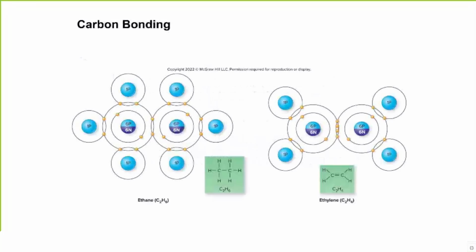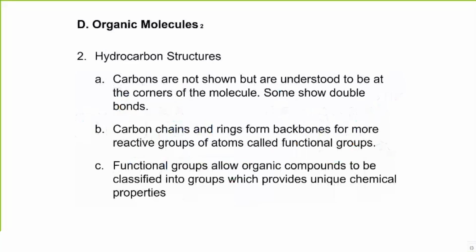Okay, so this is just an example of ethane and ethylene. Right? These are all built from a carbon backbone, and you can see you can have a single bond versus a double bond, but carbon is the versatile center core of all organic compounds. So hydrocarbon structures are also important. Some of them will create these kinks, and some of them will create backbones that form what they call reactive